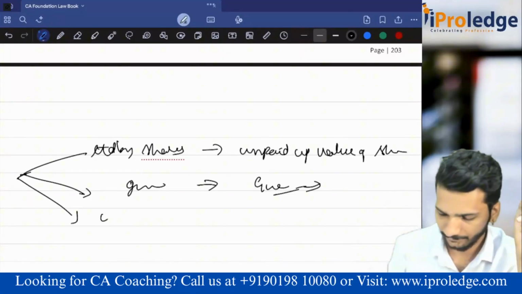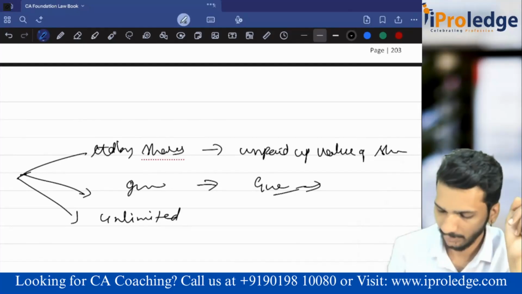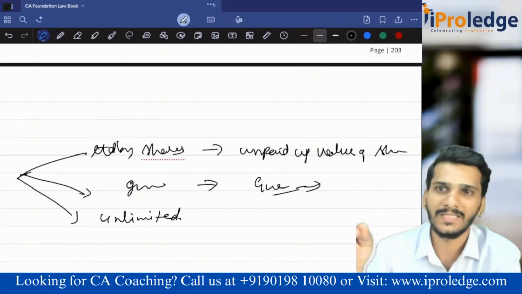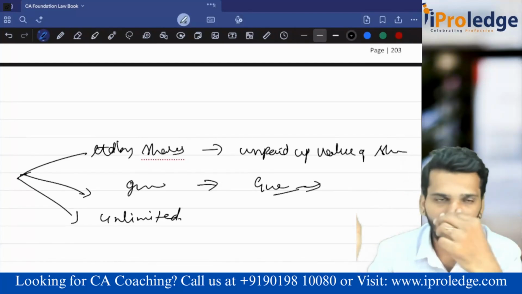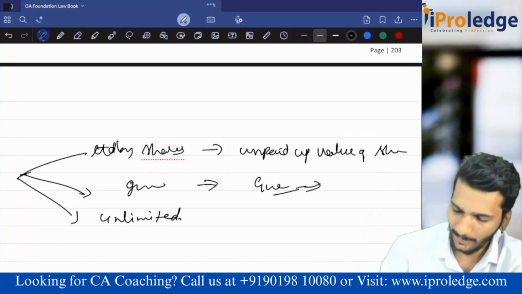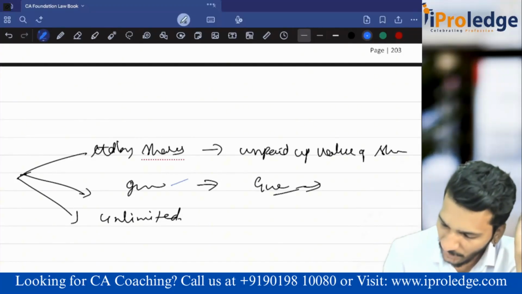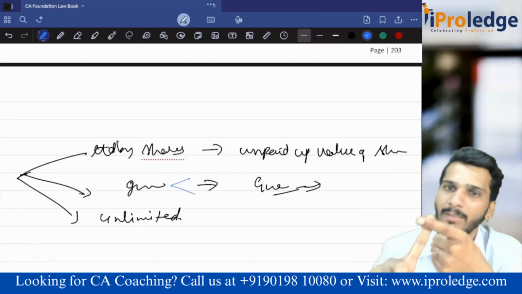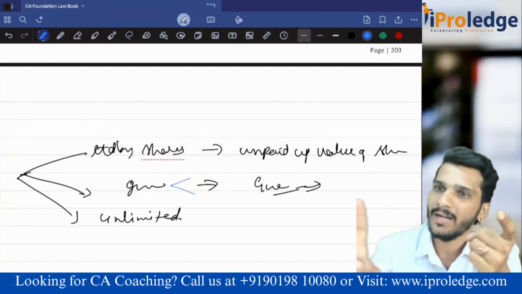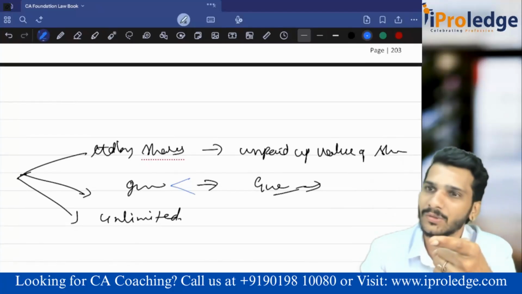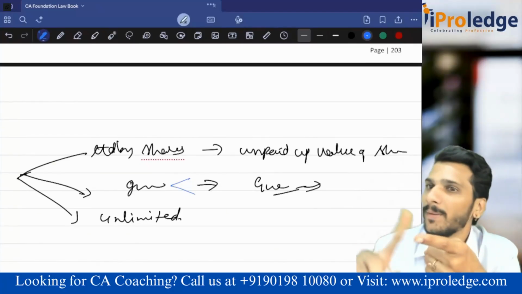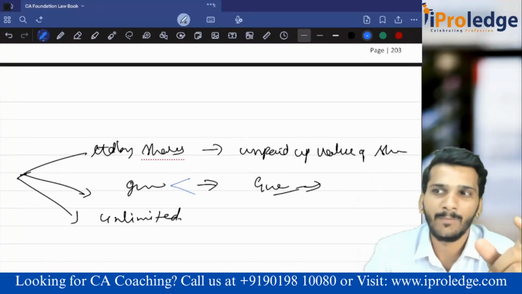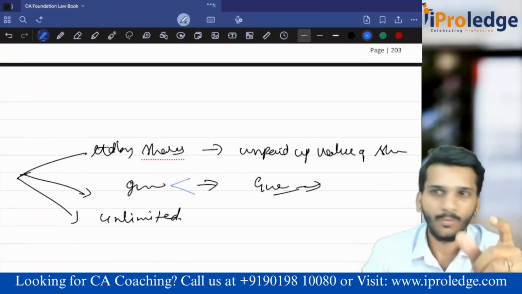However much they guaranteed, that is the liability of the members of the company. Third company is unlimited company. Unlimited, as the name says, the members' liability is also unlimited. That means to the same extent the company is liable, the member is also liable. Now a guarantee company can be with share capital or without share capital. Company can be only guarantee without any share capital, or guarantee along with which it can issue shares also. In case of a company limited by guarantee and shares, the liability of the members is unpaid value of shares plus guaranteed amount. Without share capital, only the guaranteed amount.